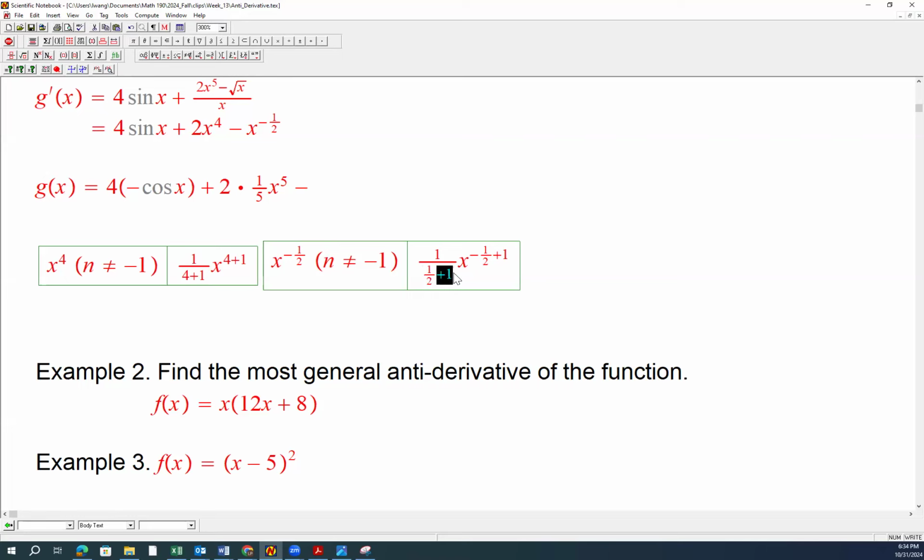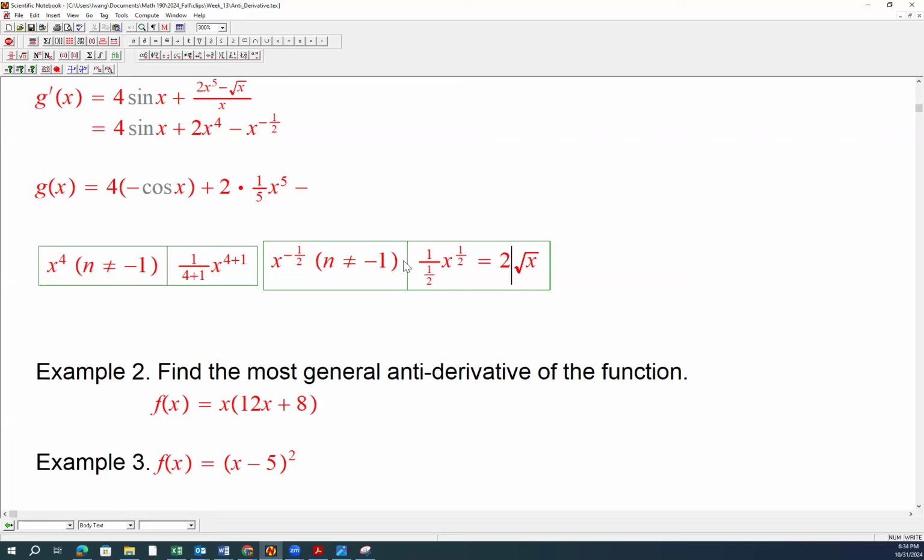Okay, that's a positive half. And so this piece will be just positive half. Okay, and 1/2, that's 2. And x raised to power half, that's root x. Okay,